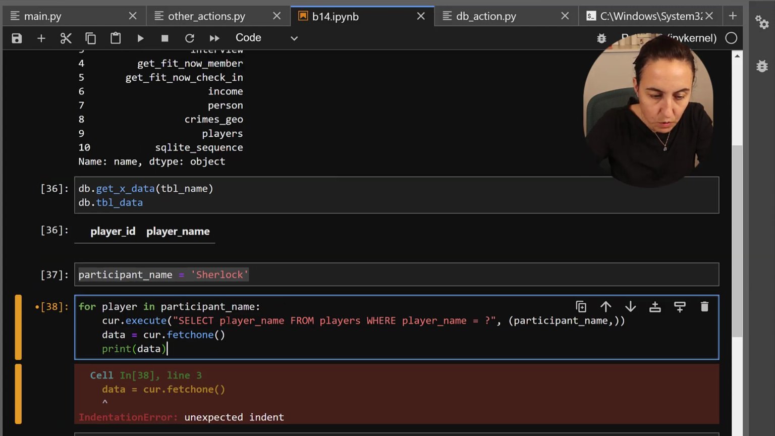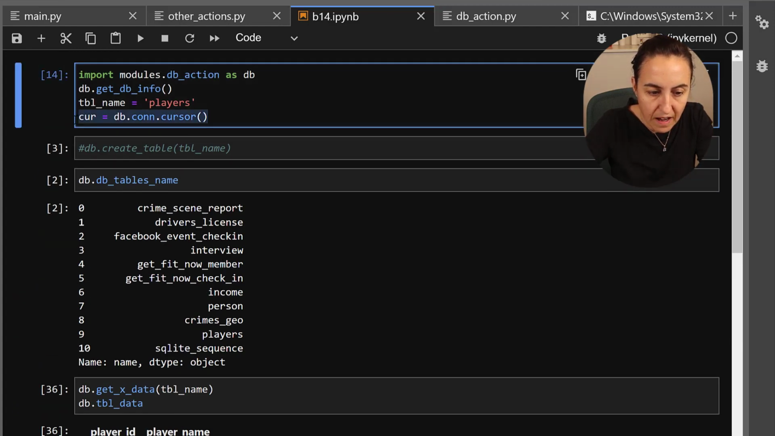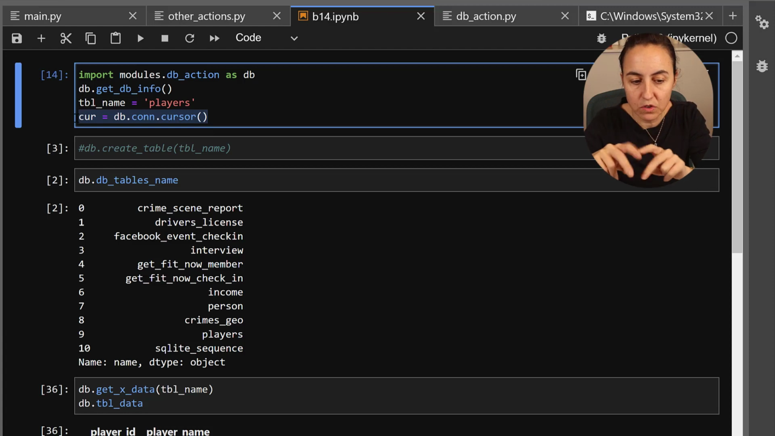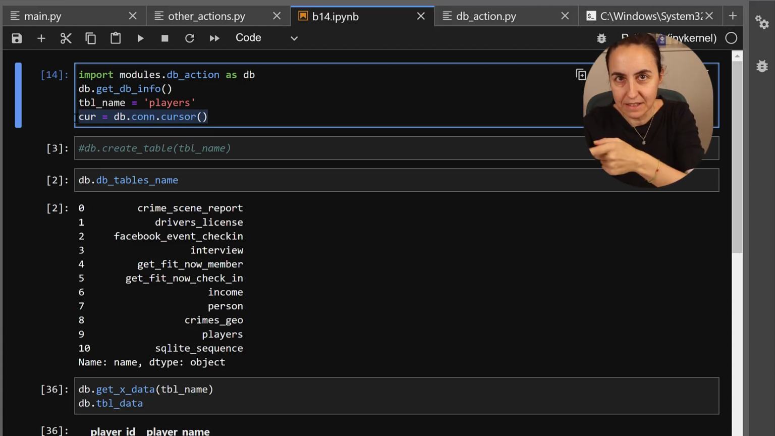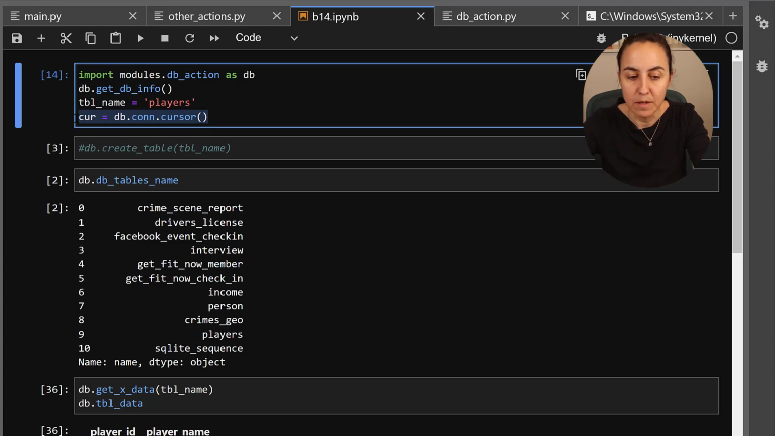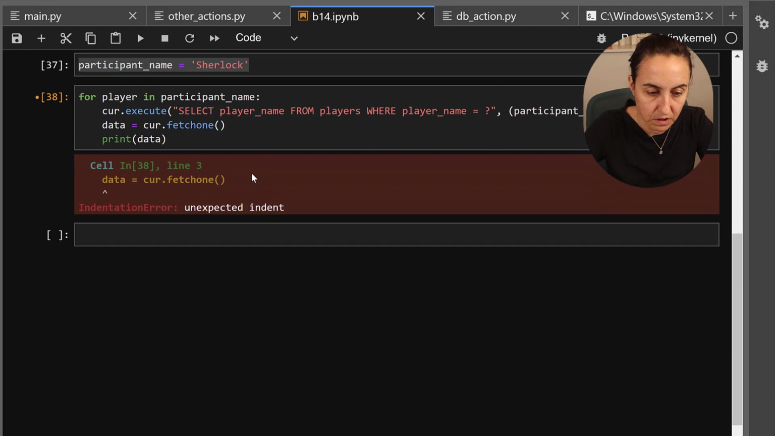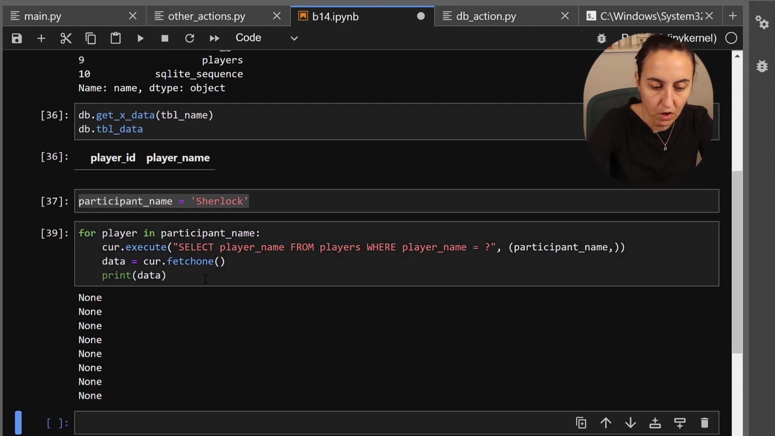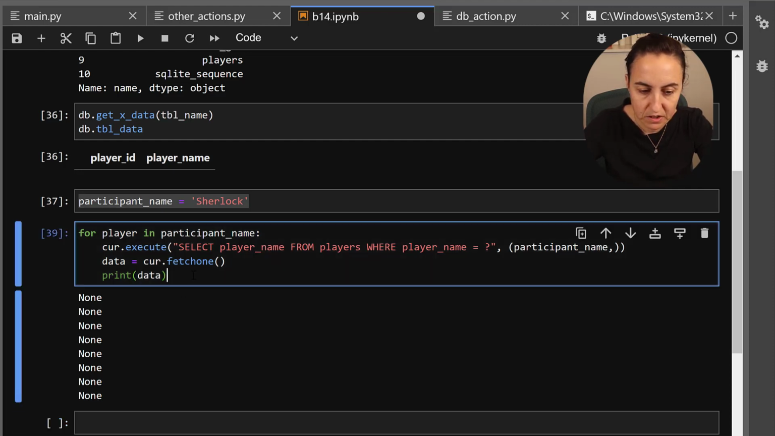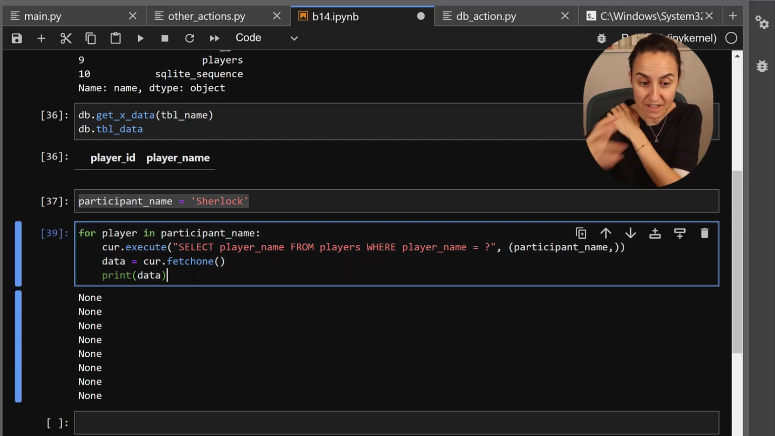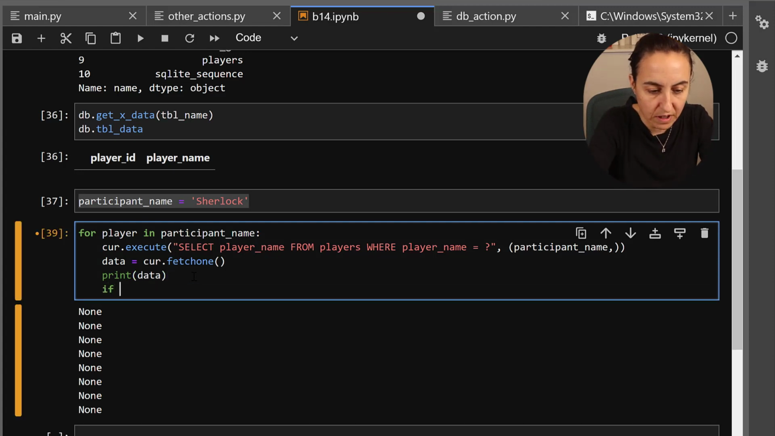So for these to work, you need to add this temporarily. We're going to delete it later, but because we are not saving this statement into the database action yet, we need to have a cursor here too, but we will get rid of it very soon. So we're going to print it, and it says, no, Sherlock is not there. It's returning none all the time. So now that we know what it returns when it doesn't find it, we can do if data is none,